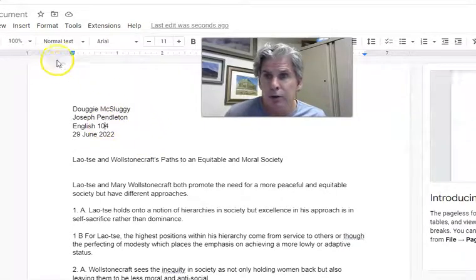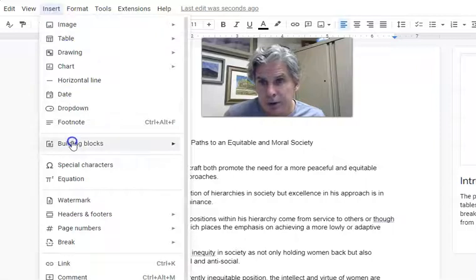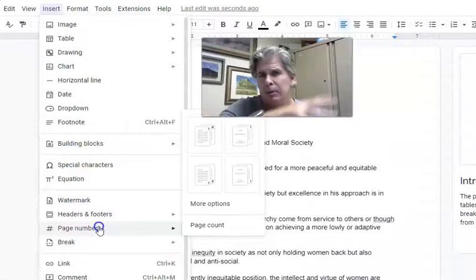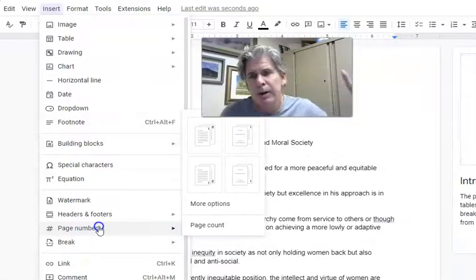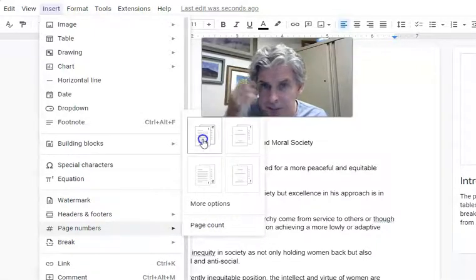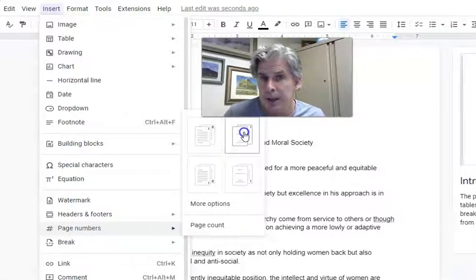Instead, what I want you to do is go up here, go to Insert, and it's essentially the same in Microsoft Word or in Pages, Apple. Go to Insert, and then go to Page Number. Now for Microsoft Word, they've got it higher up, and Apple, they've got it kind of, whatever, you get the idea. You're going to find page number, and for this one in Google Docs, you want the upper right-hand margin. That's this right here. You don't want this one because that's for APA. If you're an APA student, science students, note that.